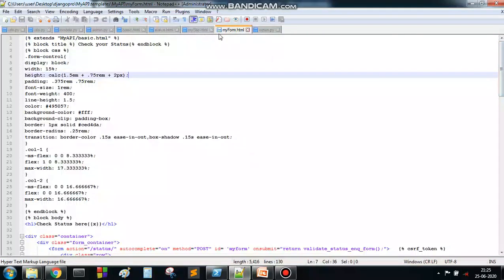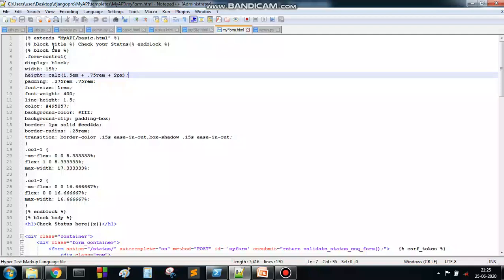Similar to mysite, this myform is also extending from basic.html. So it has the same navbar and other things which are common from basic.html.